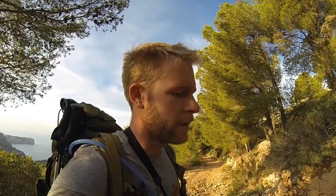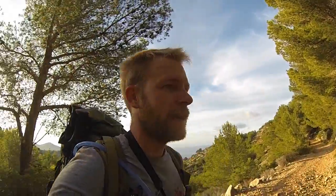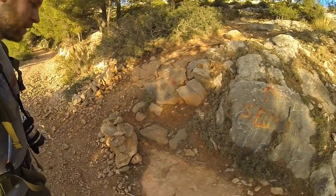You can't really miss that, and I think I followed this for quite a while. So this is another reason why I wanted to do this section today, because it's cropped up in forums and things like this that this part is kind of difficult to follow, even though you've got this nice track. There's not actually any signs for the GR221, so you have to follow the cairns,